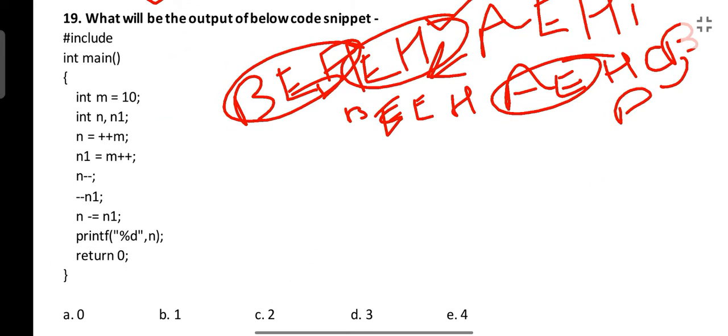Next is output. What will be the output of the below code? Okay, this is a very simple question. M is given as 10 and they have given two integers n and n1. So n is equal to ++m. So the value of n will be here what? 11. Or n1 is equal to m++. So here n1 will be